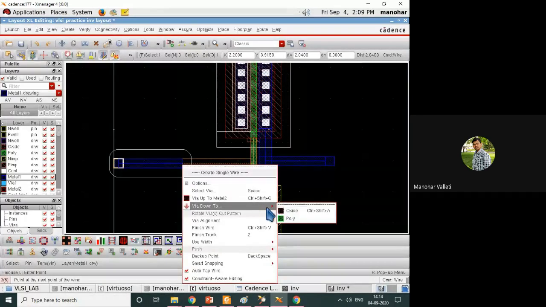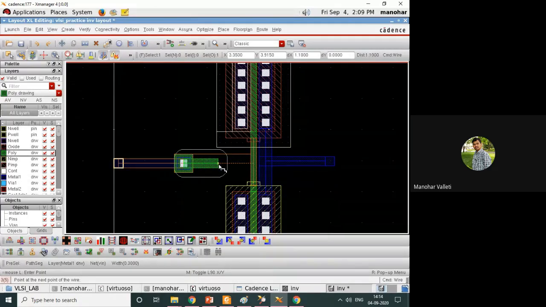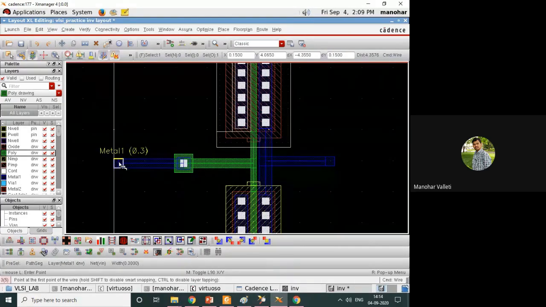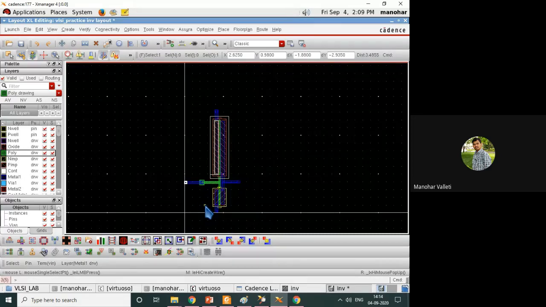So just click via. Now polysilicon will come like this, and you need to do the connections. I will repeat once again: here the input is metal and the gate is polysilicon. If you are connecting two different materials, you need to use a via. So that's it. Is there anything else?